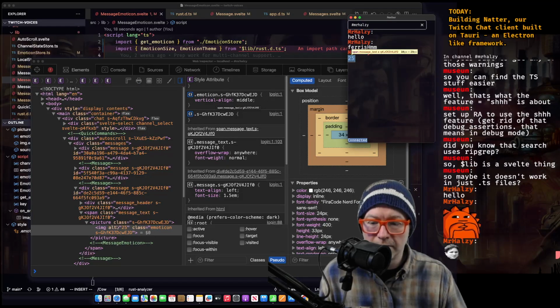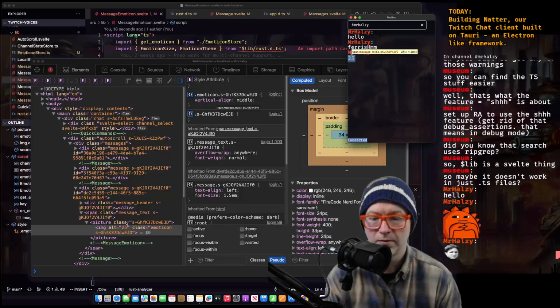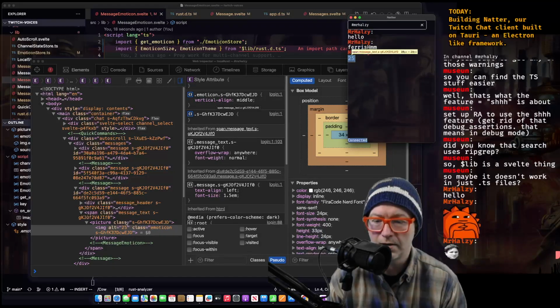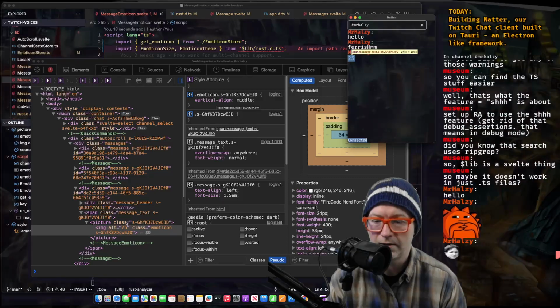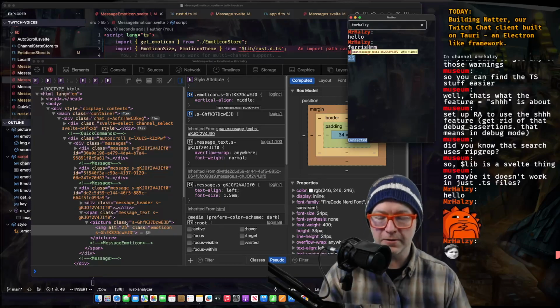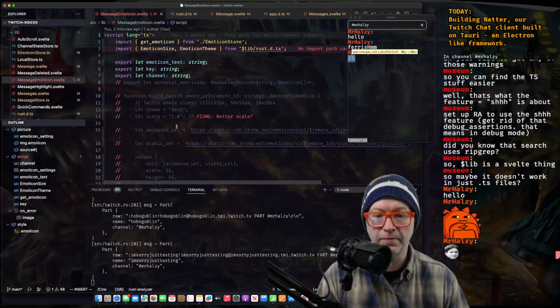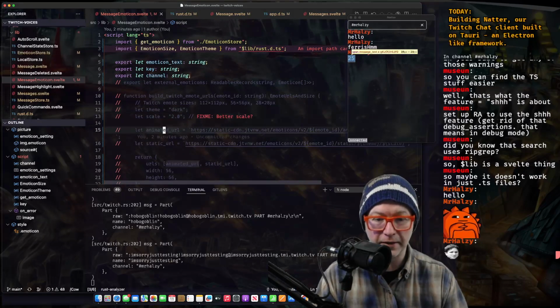What's going on there? Image. Picture. It doesn't have source? There are no sources. That makes sense for a Twitch emote. Okay, that makes sense. Because we need to make it.